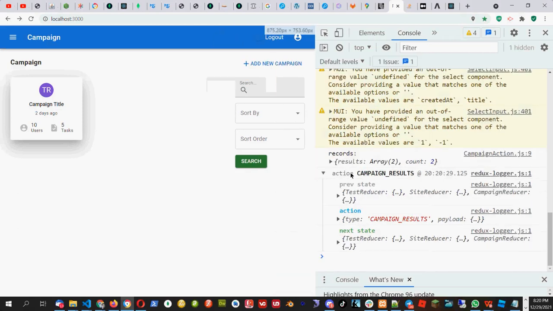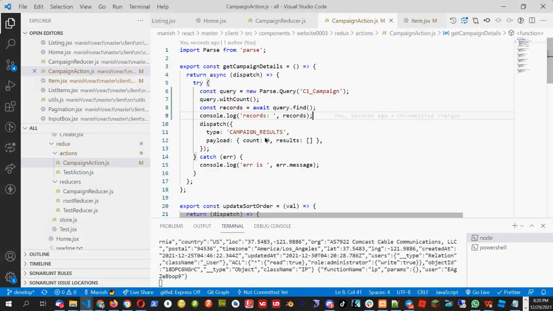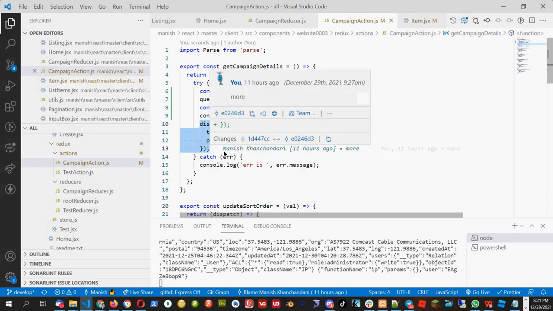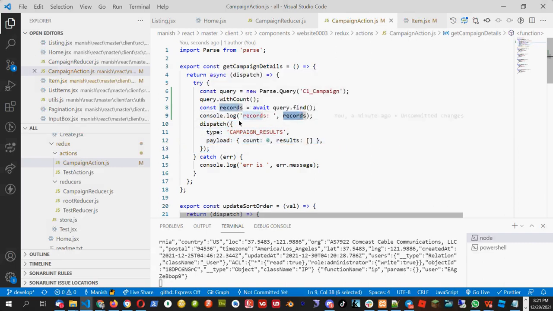Okay, so before I give the comments to Sonu Singh, now I have these records. I have to pass these records in this dispatch. So modify this dispatch to take these records so that I pass count and results to the Redux. So just give me the answer. Change the dispatch part so that it can take the records so that I get the proper results, not this dummy data. So let me see who can do it. Just take this dispatch and try to fix it. Get these records and put them inside this dispatch.